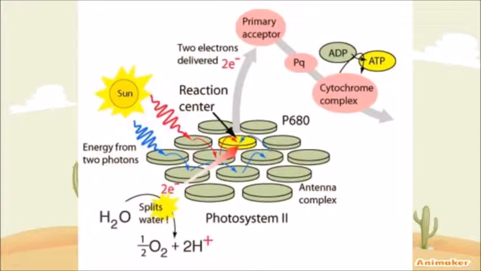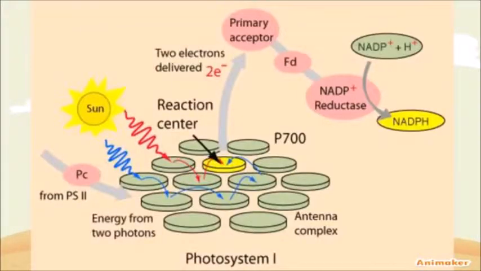An electron gets to an excited state, then goes on to the electron transport chain, then passes to a lower energy state, converting ADP into ATP. The electron goes to PS1, goes from one pigment into the next, till it hits the reaction center and is passed to an electron acceptor, transferred to ferredoxin, then to NADP+ reductase, converting electrons to create